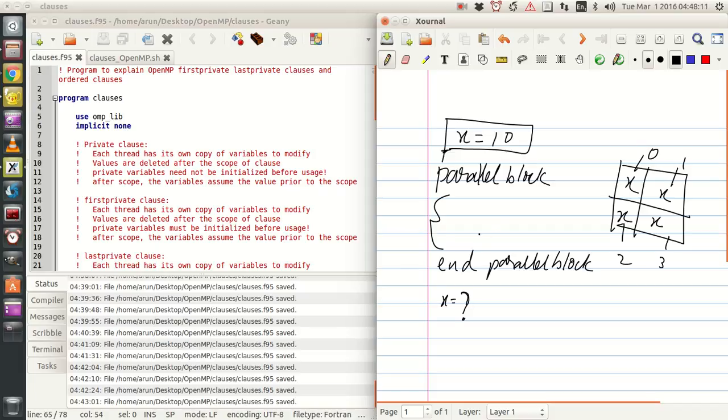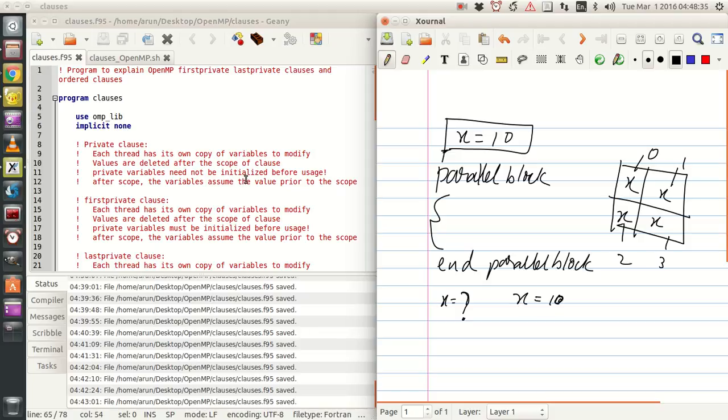So if you're using the private clause, the value of x that gets modified by each thread within this parallel block will be gone, and x will be 10, which is nothing but the value defined on the top. On the other hand, if x is undefined on the top, the value of x will be undefined after the parallel block if you're using the private clause.